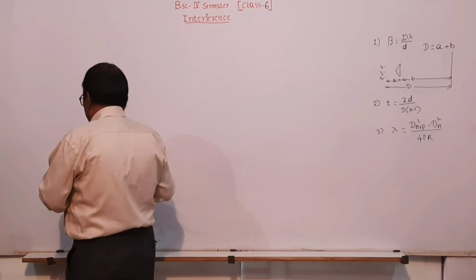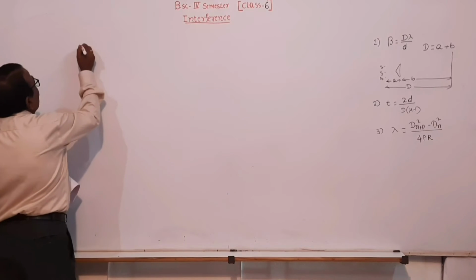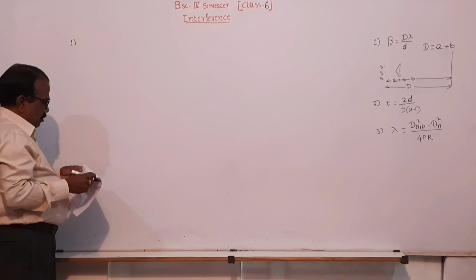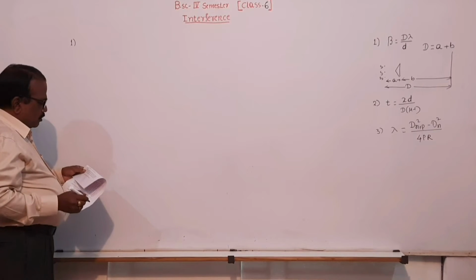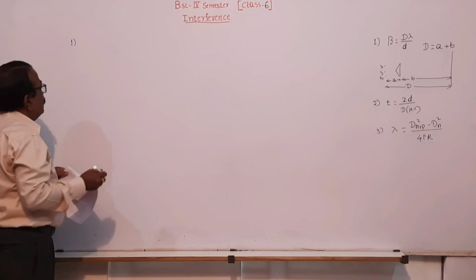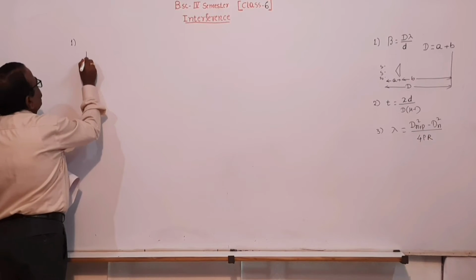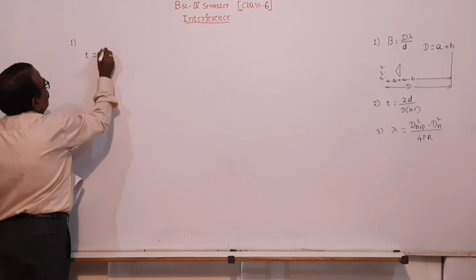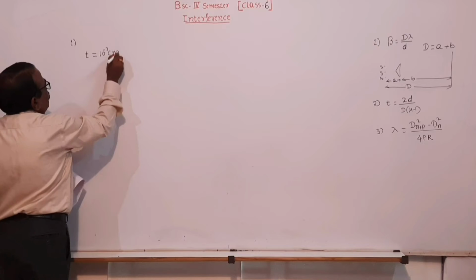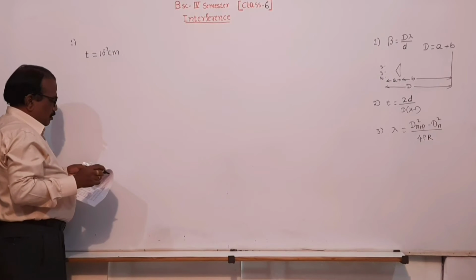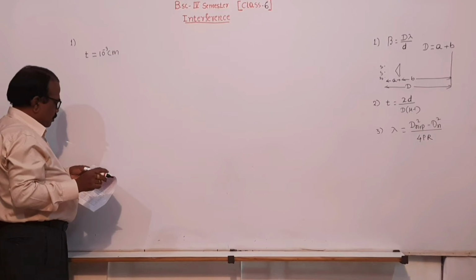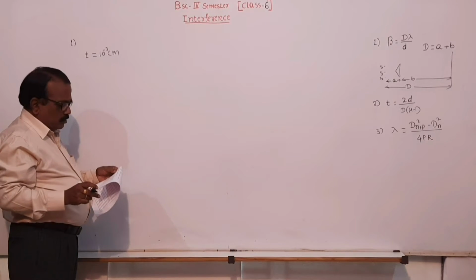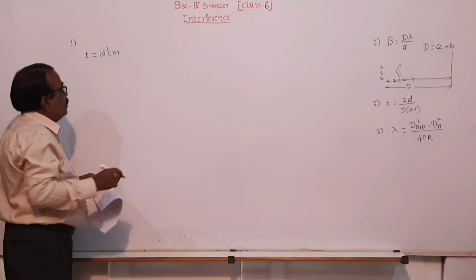First example is: a transparent plate of thickness 10 raised to minus 3 centimeter, that means thickness is given, is placed in the path of one of the interfering beams of a biprism experiment using light of wavelength